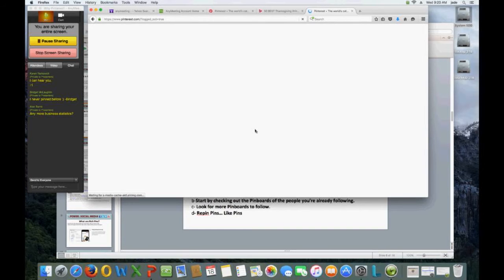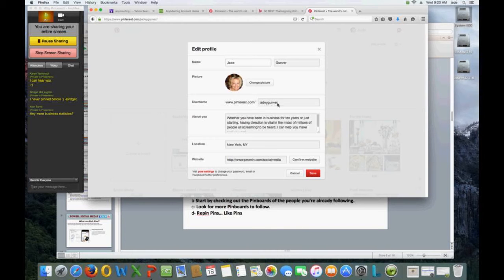Once you start your profile and go and edit your profile, put up as much as you can. Definitely create the username, put your photo and about you. Whether you've been in business for 10 years or just starting, having direction is vital in the midst of millions of people all screaming to be heard. That's what we do. We all scream what we do and then save.